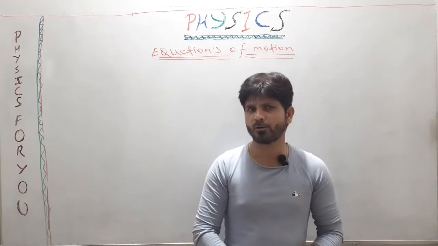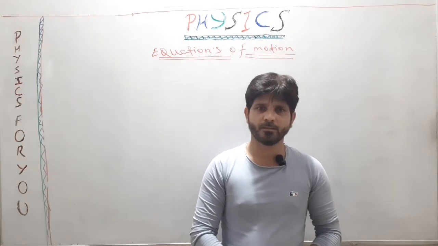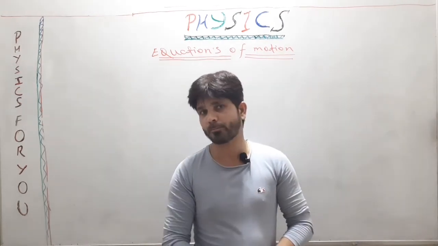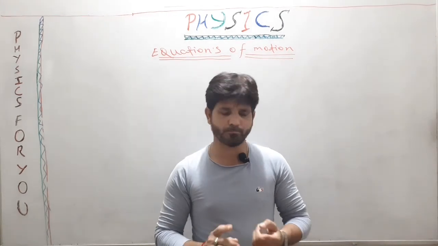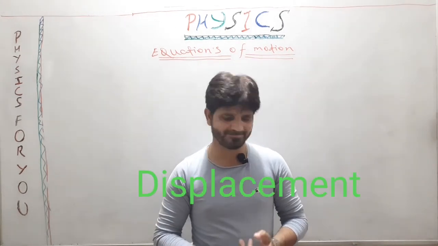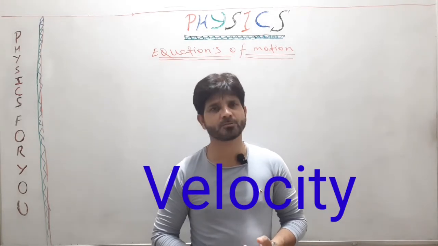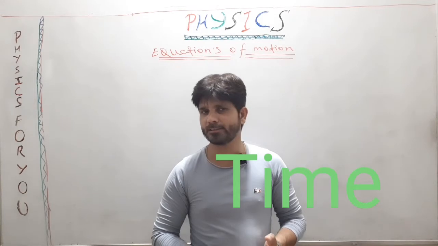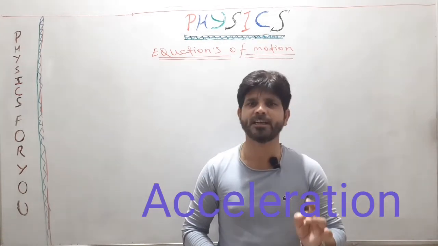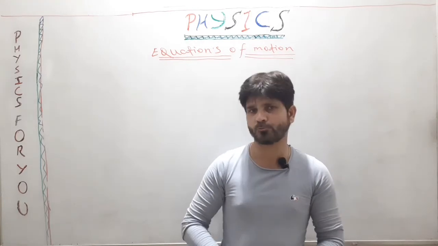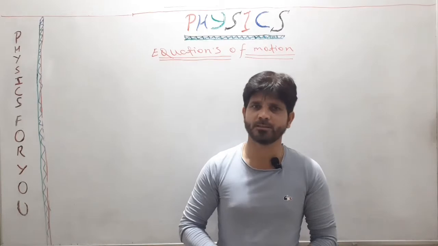If this motion is along a straight line, the four quantities can represent the whole motion. What are the four quantities? One of them is displacement, the other one is velocity, the next one is time, and the next is acceleration. So displacement, velocity, time and acceleration, these are the four quantities which are needed to represent the motion of a